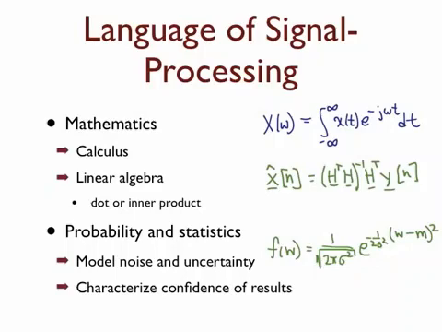Now, probability and statistics also play an important role because we've got noise and we have other uncertainty. When that radar reflection comes back, there's a Doppler shift, but we don't know what the Doppler shift is. In fact, we want to figure that out. So there's uncertainty about that. And probability is a way of modeling uncertainty. Statistics also provide a way for us to characterize how confident we are about the answers we get back or the results of our signal processing.